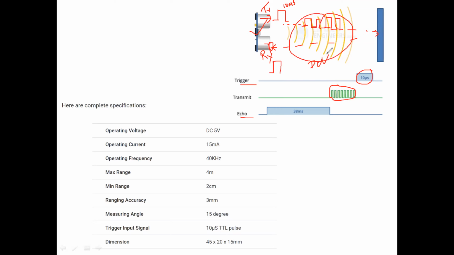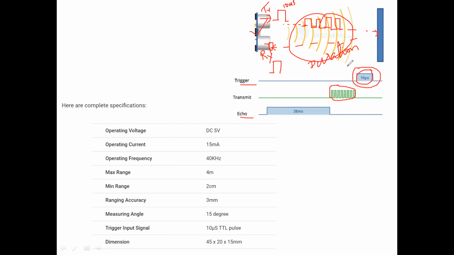This is the duration. We are sending a pulse, it hits the object and is received through the receiver. It's a simple concept, and this is what you have to program.